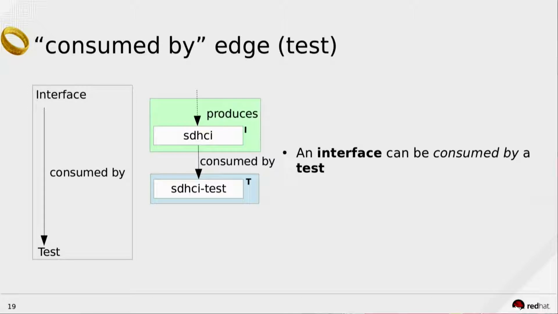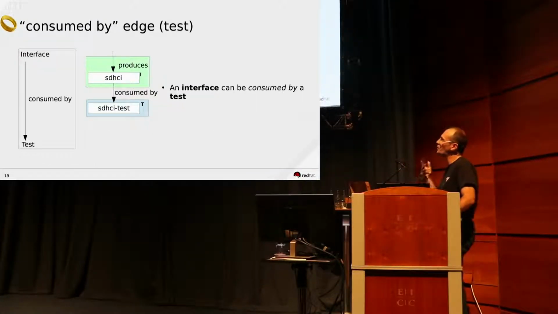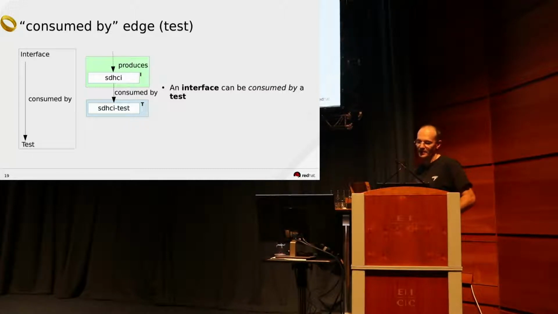is also used by the test. The test will consume an interface that it wants to test. The test application uses the interface to control the driver and access the device to test it. The test application doesn't have to care if the device is memory mapped on a PCI card or any kind of bus. It's hidden by the framework, and the test only cares about the device to test.